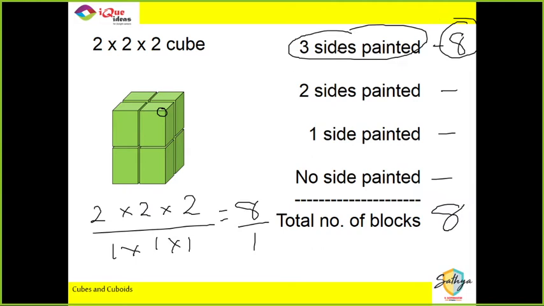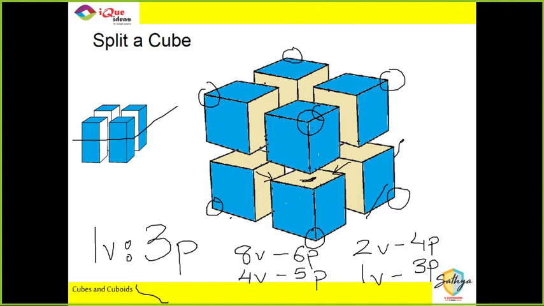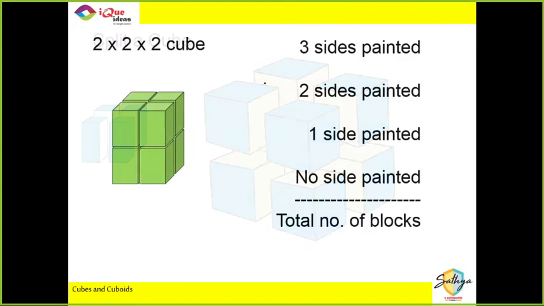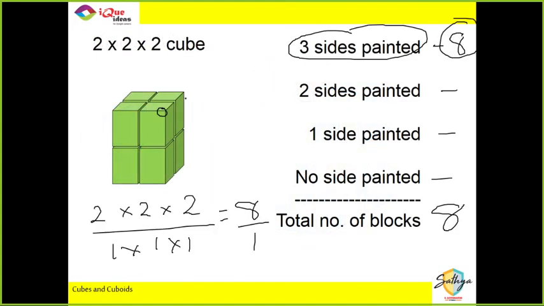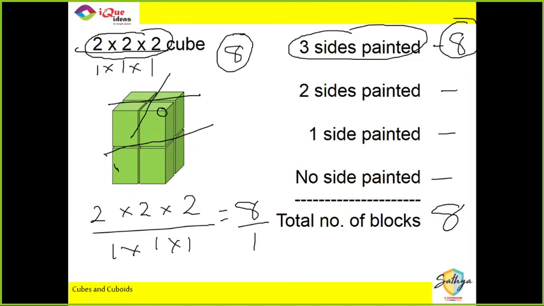No, Shubhankar? This was exactly what I was doing for the past 4 slides. This is exactly the same slide. I cut it once, twice and thrice. Originally it was a 2 centimeter by 2 centimeter by 2 centimeter cube. All the small pieces are 1 centimeter by 1 centimeter by 1 centimeter. So you cut 2 2 2 by 1 1 1, you get a total of 8 cubes.